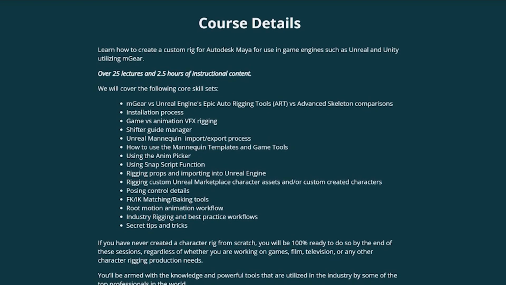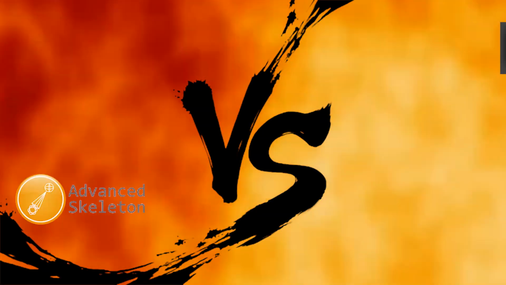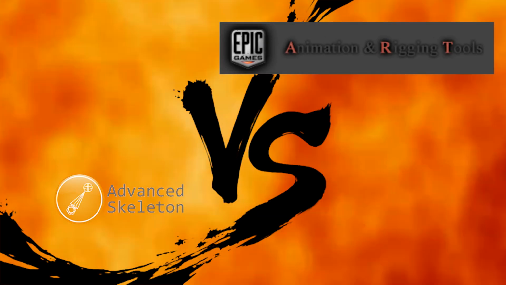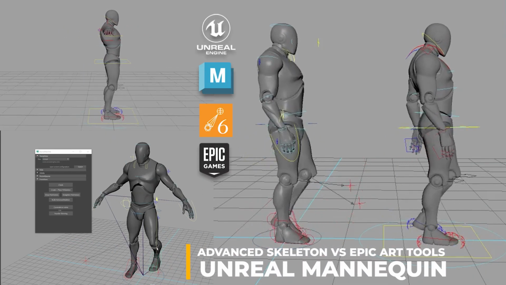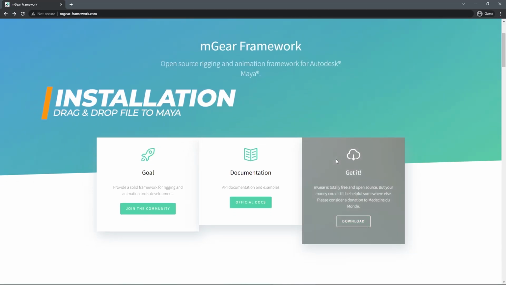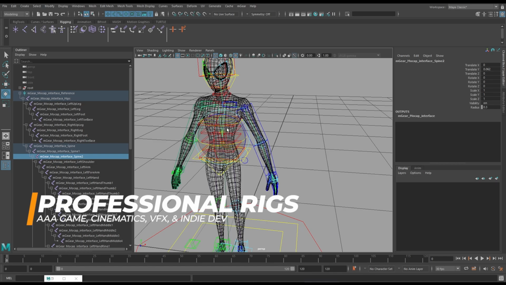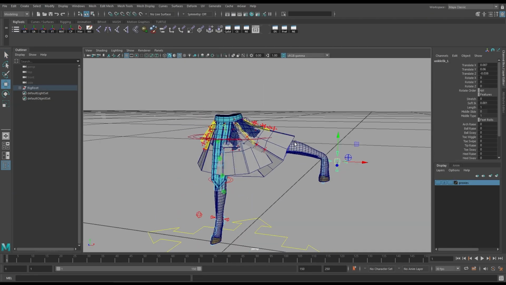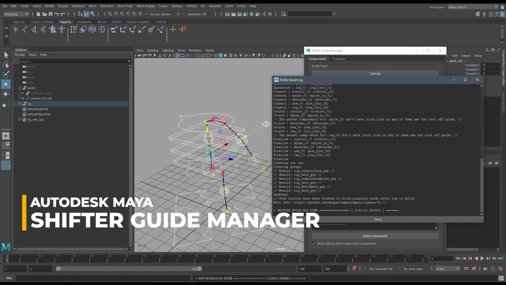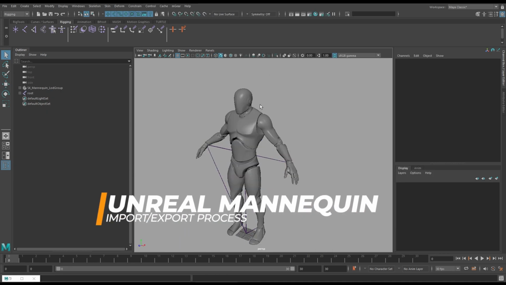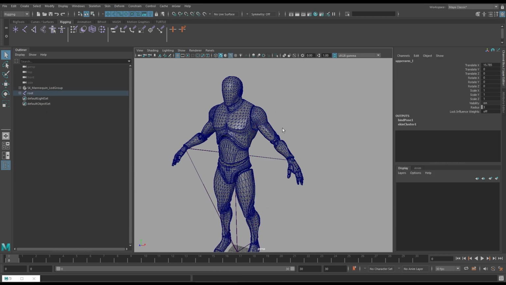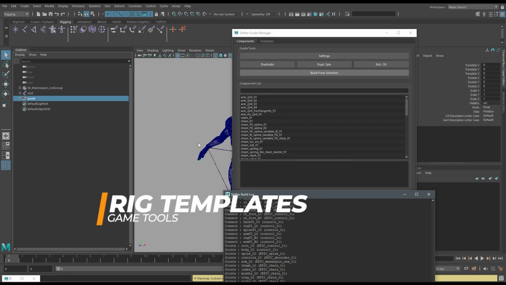We will cover the following core skill sets: comparing mGear to other available rigging solutions such as Advanced Skeleton and Unreal Engine's Epic Auto rigging tools, installation and setup process, differences between rigging for AAA games, indie games, and cinematics, understanding and working with the Shifter and Guide Manager, Unreal Mannequin import-export process, how to use the Mannequin templates and